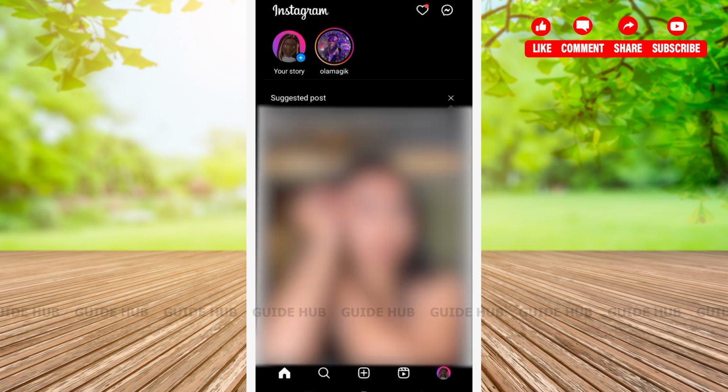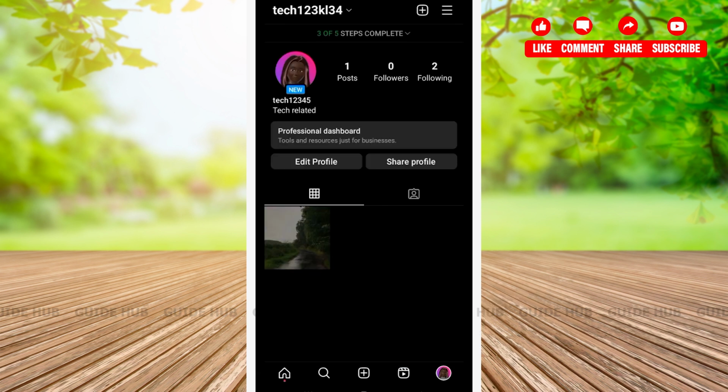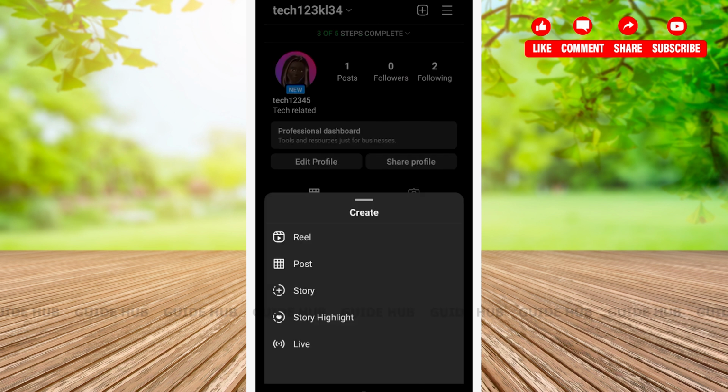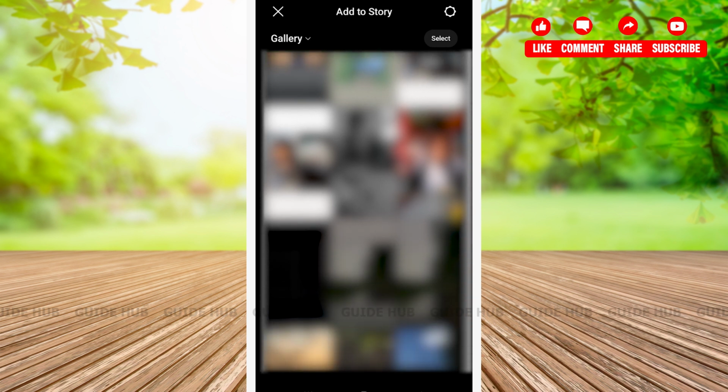After you have opened your Instagram app, tap on the profile option that is on the bottom right corner. Here right beside the hamburger option, you'll be able to see a plus sign. Click on it. Here you'll get various options such as reel, post, story, story highlight, live, etc. Click on story. After you have clicked on story, scroll down to the picture that you prefer putting on your